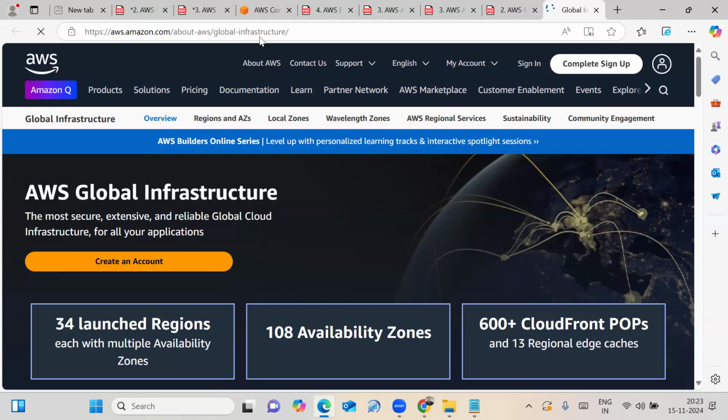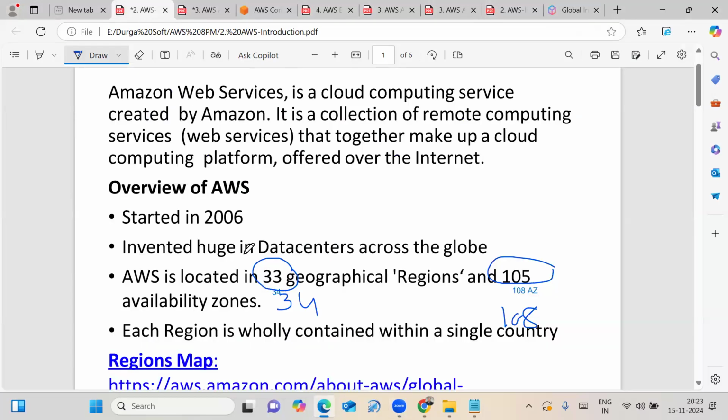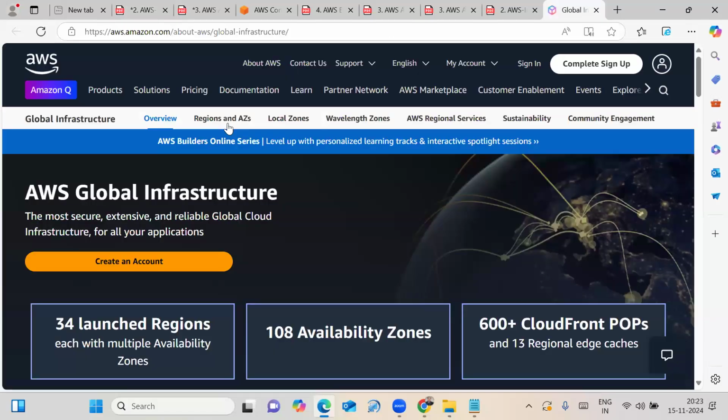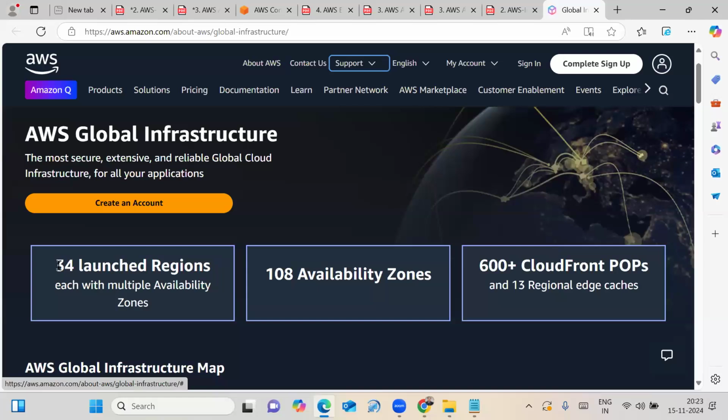See what I mentioned in the theory point in the introduction: 34 geographic regions and 108 availability zones. See here in this AWS global infrastructure, 34 launched regions. Each region can have multiple availability zones.